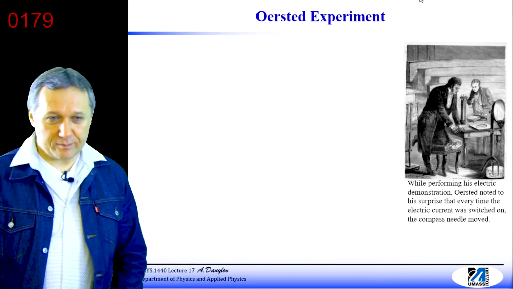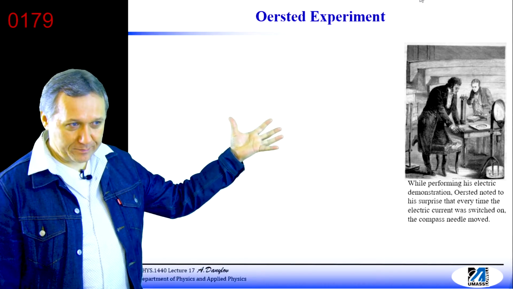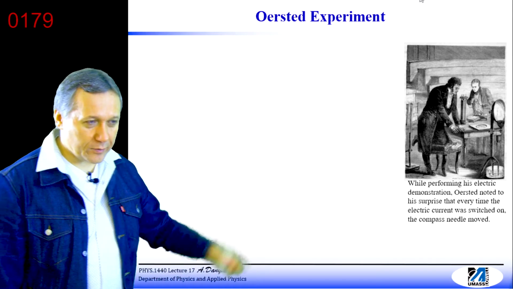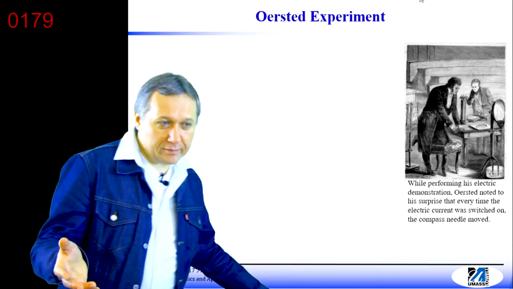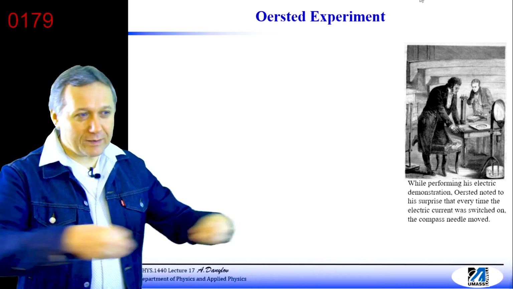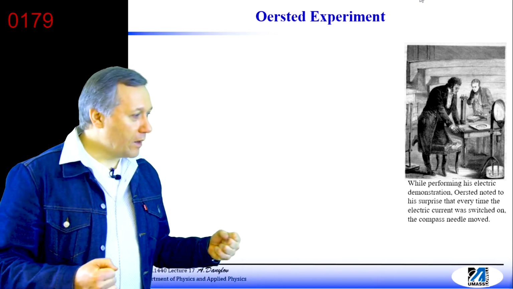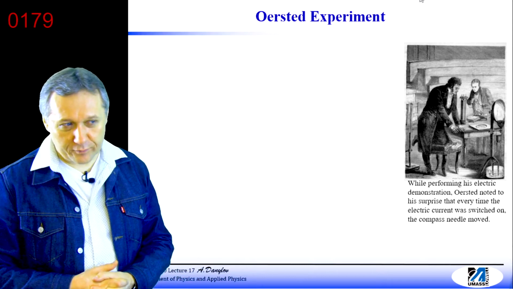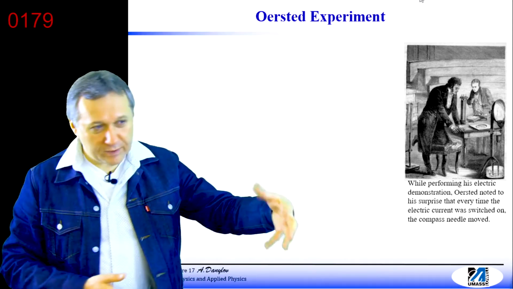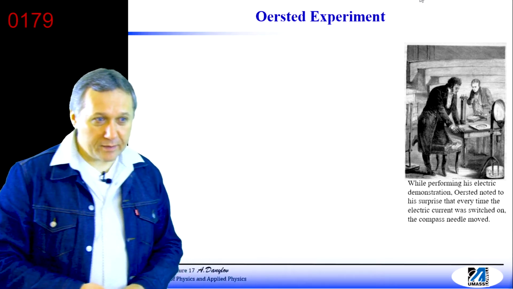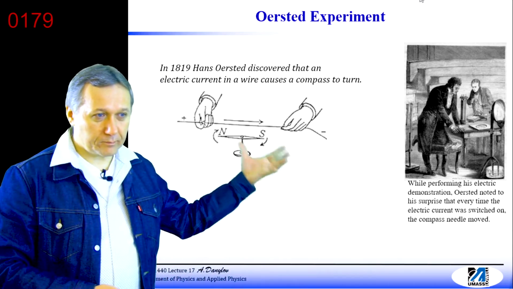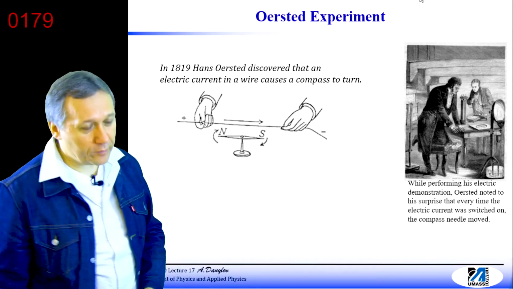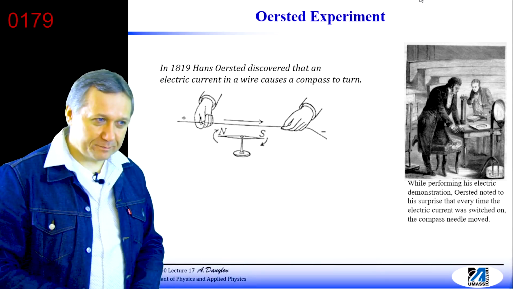important observation, although it's called Ørsted experiment. It was observed at the beginning of the 19th century by Ørsted, right? And according to the history, according to the rumors, he was running some demonstration. He was an instructor, and he had a long wire, and he ran a large value of the current through that wire. And by accident, there was a compass nearby, right? And he noticed that whenever he turned on the current or turned it off, the compass needle responded. It started turning,